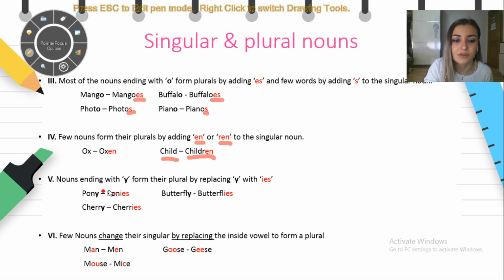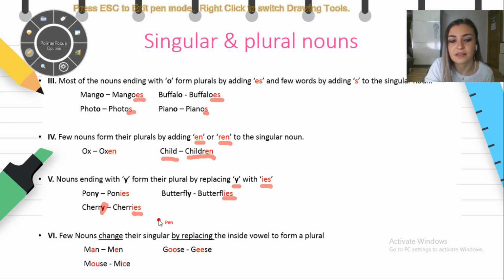Okay, nouns ending in Y form their plural by replacing the Y with IES. So don't forget, the Y disappears, and instead is replaced with IES. Okay, we have pony, ponies, butterfly, butterflies, cherry, cherries. So the Y disappears and becomes cherries. Okay,